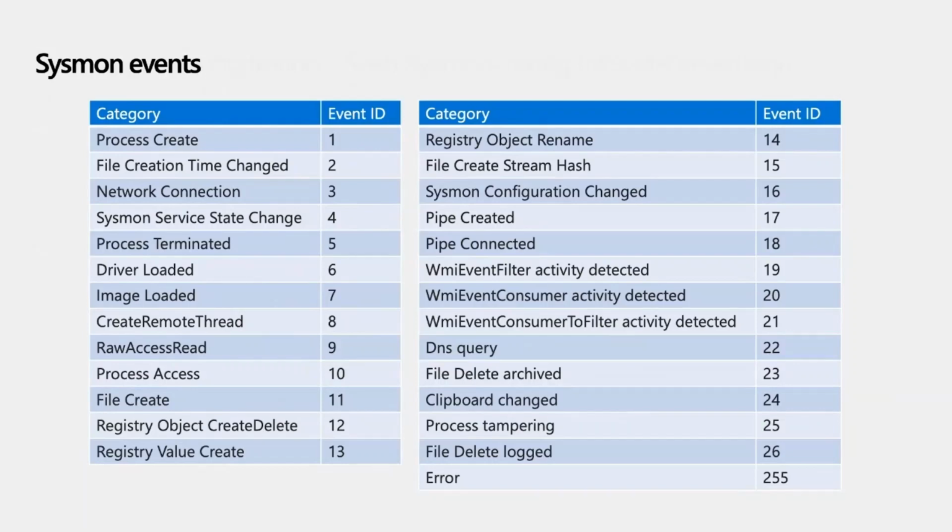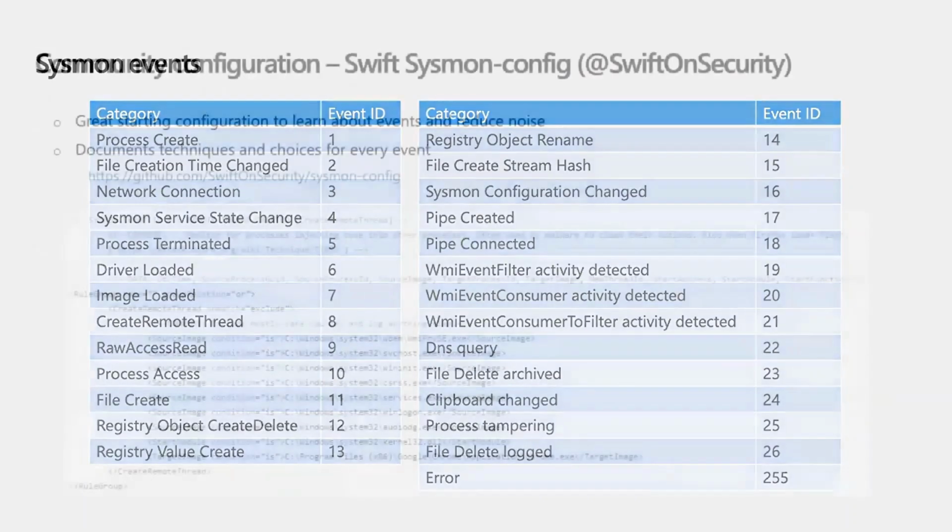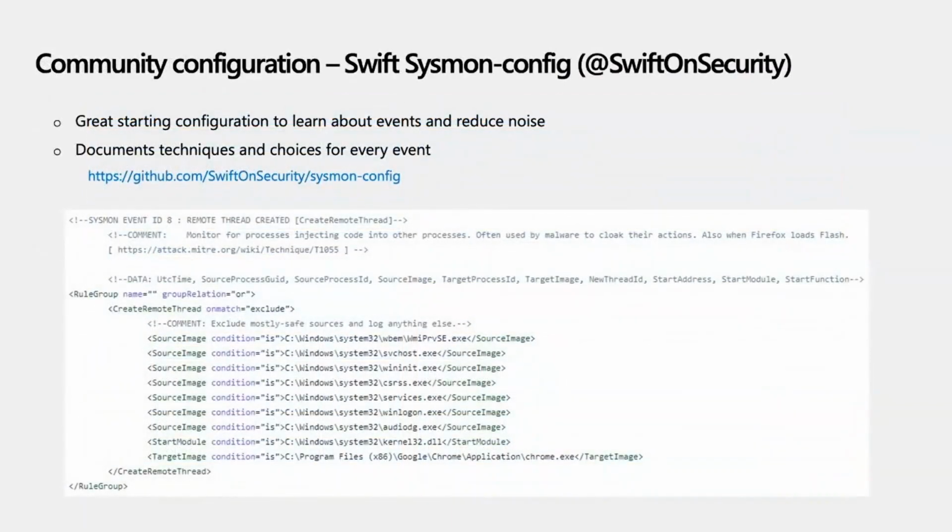And later in the presentation, I'm going to show you some examples of how you can use some of those events for hunting, what kind of things you should look for. Now I would like to talk about some of the amazing community contributions that we have that could be useful for you. I want to go over 2 examples, and then I will give you a list of others that are very useful and helpful.